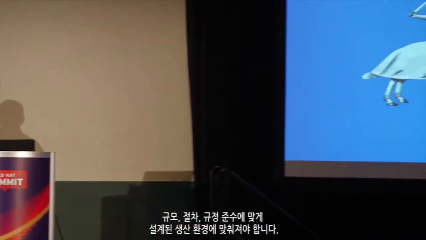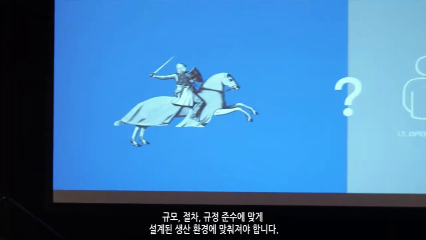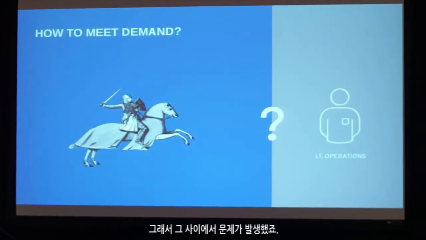Developers are all about speed. They want to be fast. They want to build a great application, and they don't want to take any prisoners in doing this. So it's about speed. It's about being fast. And as they built this application in the traditional world, when the application was supposed to go into production, sometimes they literally hit a wall. Suddenly, this great application they built that was designed for speed and rapid change now has to fit into a production environment that is not designed for speed, that is designed for scale, for process, for compliance. So there was that tension in that bridge.